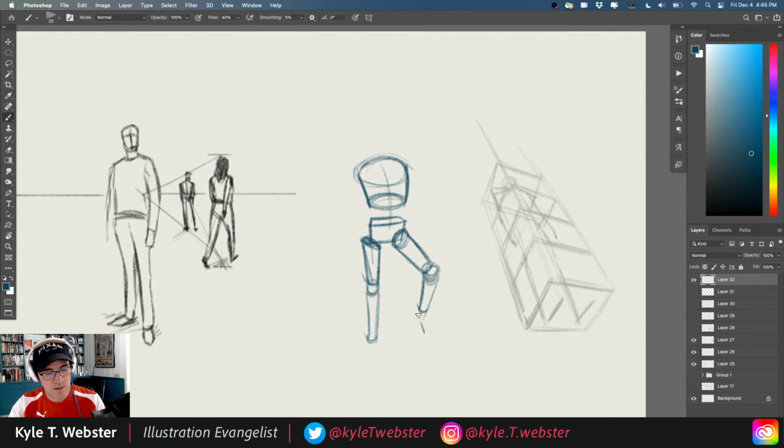Okay. And then, after a while, I'll start to get more complex. But if you just want to start by drawing figures this way, there's this great